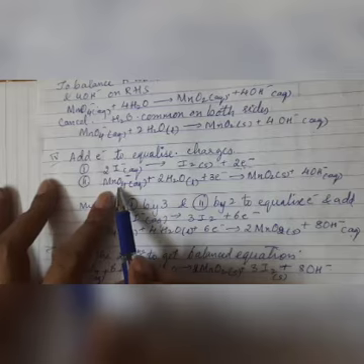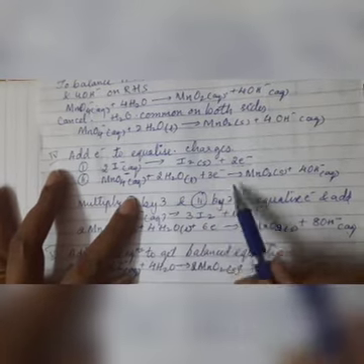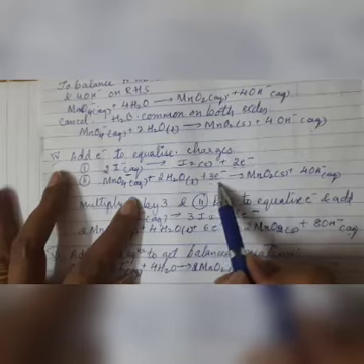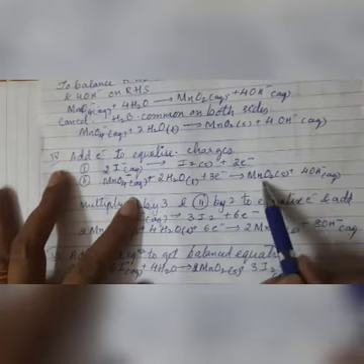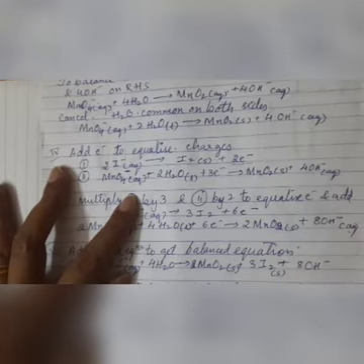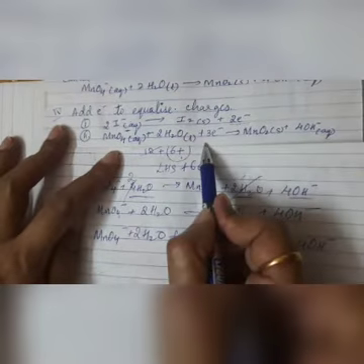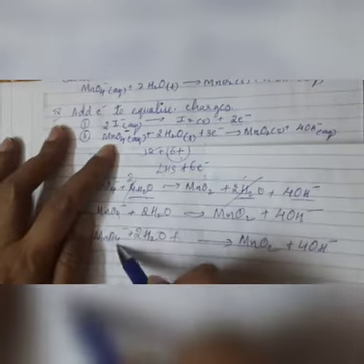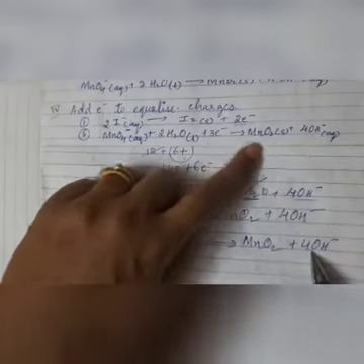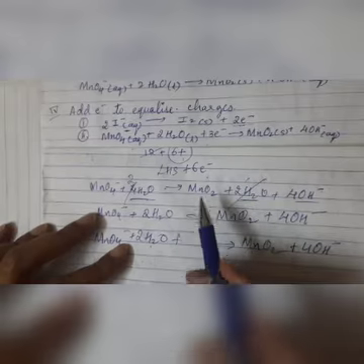Now in this equation, MnO4 minus plus 2 times of H2O, we have to add 3 times of electrons, and we have MnO2 on the right hand side and 4 times of OH minus. Now why should we add 3 electrons here? You can see that 2 times of H2O will give MnO2 and 4 times of OH minus. Now why to add 3 electrons on the left hand side here?